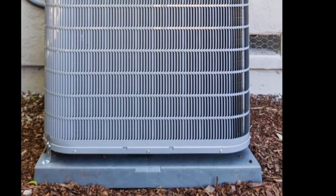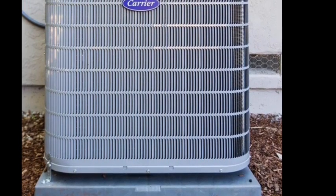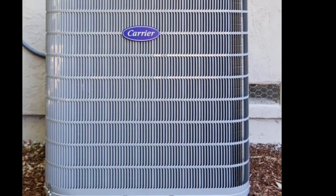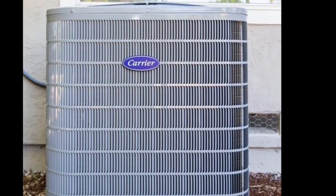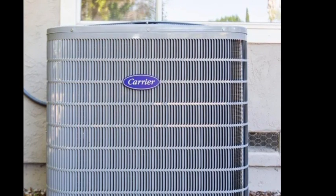It all starts right here, up against the wall, outside your house. It's your air conditioning condensing unit, which does all the work. It basically sucks all the hot air out of your house and blows it to the outside. And as you would figure, when it gets hotter outside, it's harder for this thing to do its job. And as the sun gets brighter during the day, it gets hotter outside. And that makes your condenser and your air conditioning work even harder,